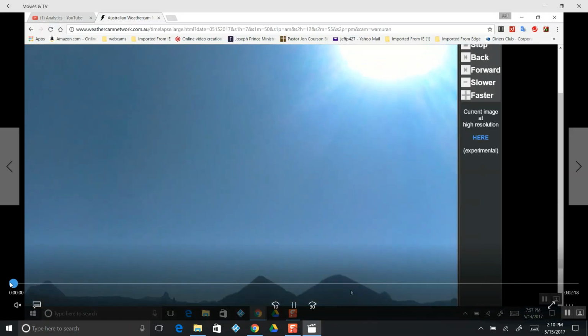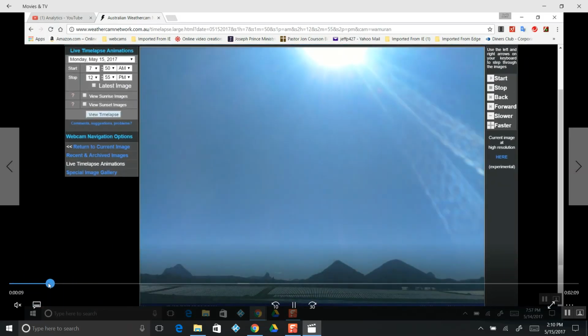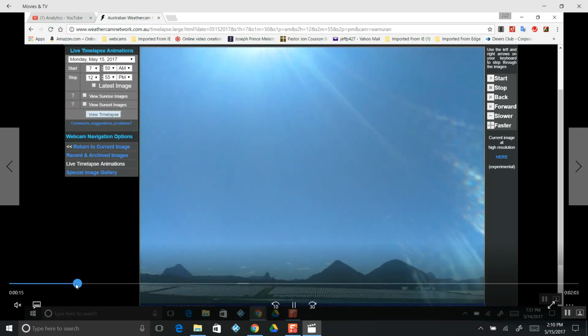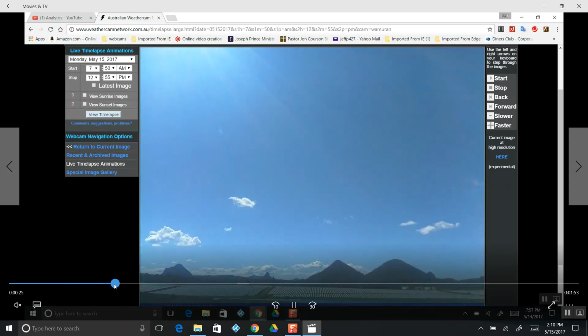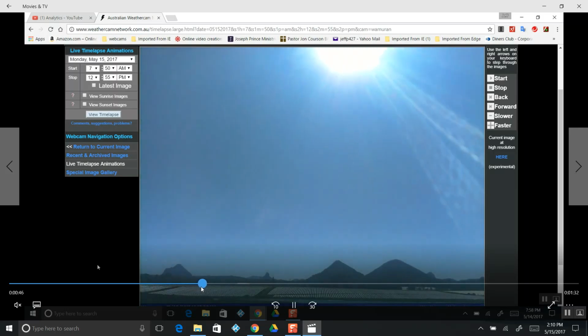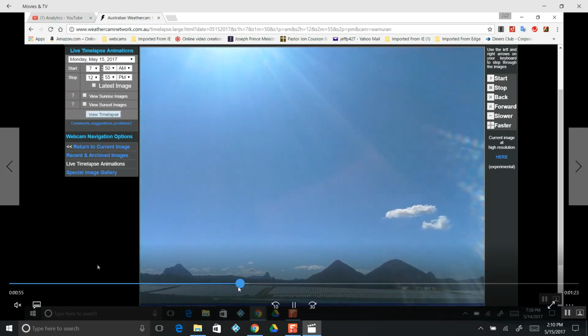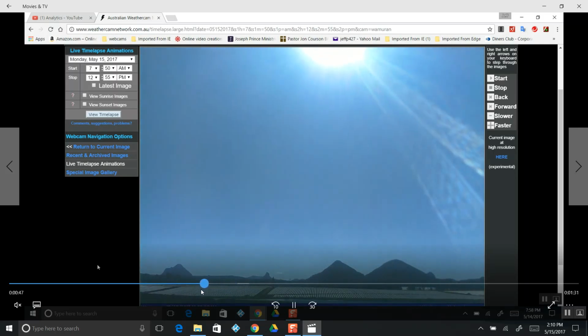I've been watching this camera for a long time. And check out the Fresnel lens as the sun moves across the sky. Isn't that just dazzling? Let's watch that again. So we can zoom in on it. Watch this Fresnel lens rotate right there. It's rotating. Like I've been saying, it's a Fresnel lens.